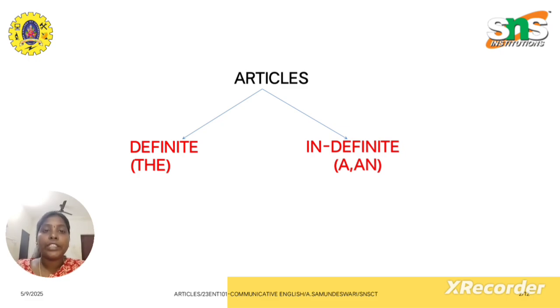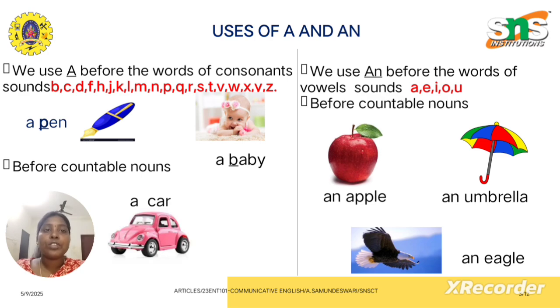For the definite article, we use the, whereas in place of the indefinite article we use a and an. Next we are going to see the uses of a and an. Everyone knows that a can be used before a word that starts with a consonant sound, such as a pen, a baby, a car, a dog. Whereas an can be used with words beginning with a vowel sound, such as an apple, an elephant, an